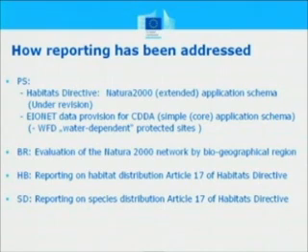Another reporting obligation is the evaluation of Natura 2000 sites by biogeographical regions. The next thing is, this is all Article 17 of the Habitats Directive, reporting of the habitats distribution, as I said, and reporting of the species distribution. What we did is we created a core model under these three themes, which were able to provide the data